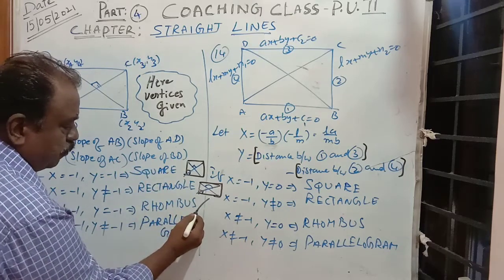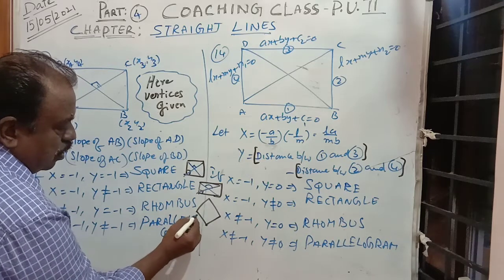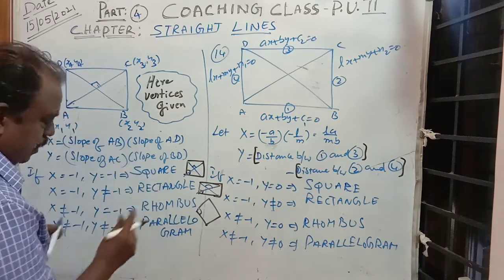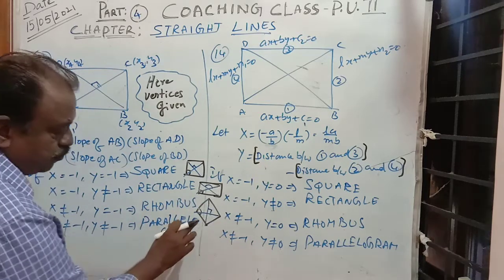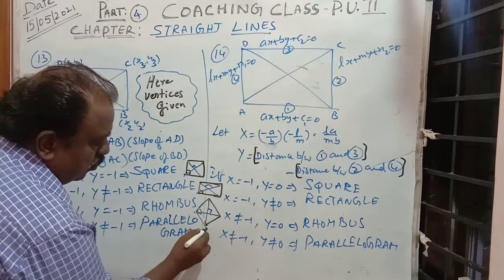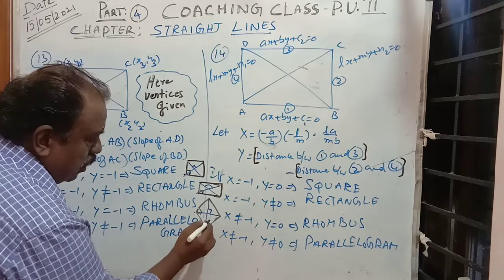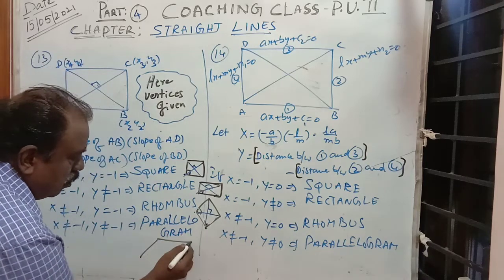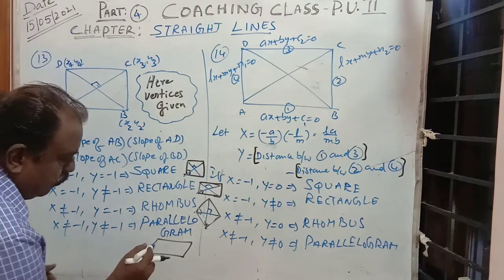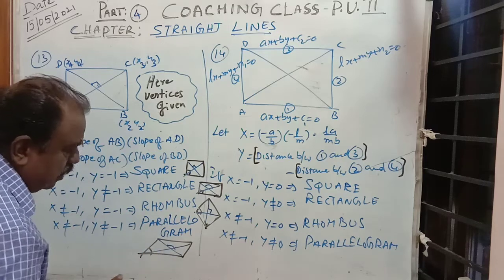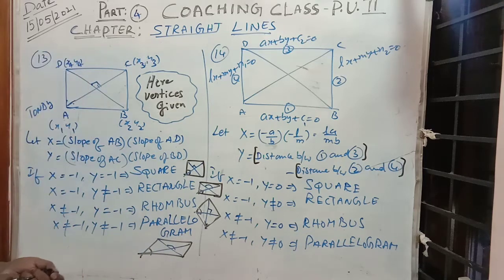The rhombus is like this. The adjacent sides are not at right angle, but the diagonals are at a right angle. Very clearly it is given. And parallelogram means like this. You see, in the parallelogram, the adjacent sides are not at right angle, and the diagonals are also not at a right angle. Like this, we can take that concept and draw this one. X and Y both are minus 1, square. X only minus 1,